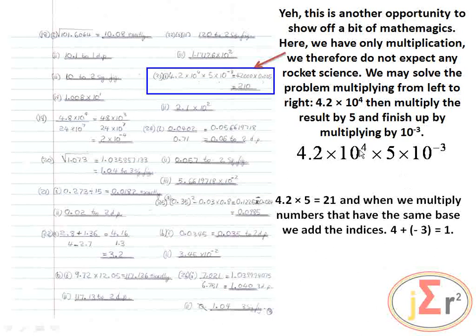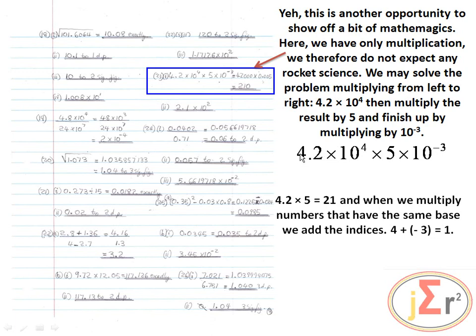The indices are 4 and negative 3. We therefore add 4 and negative 3, and the result is equal to 1. Different signs. Subtract the smaller from the larger, and the answer will have the same sign as the larger. Of course, we are multiplying 10 to the power of 4 by 10 to the power of negative 3. Therefore, we do not expect any difficulty, seeing that our answer should be